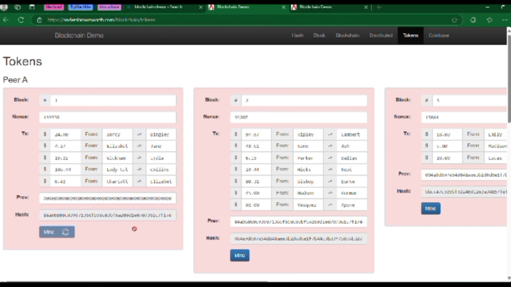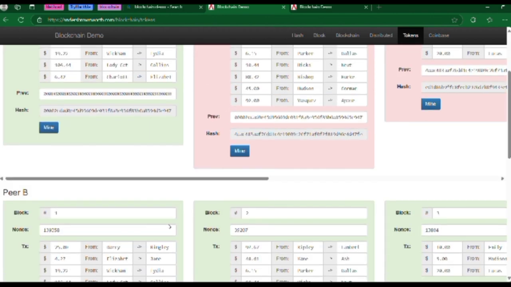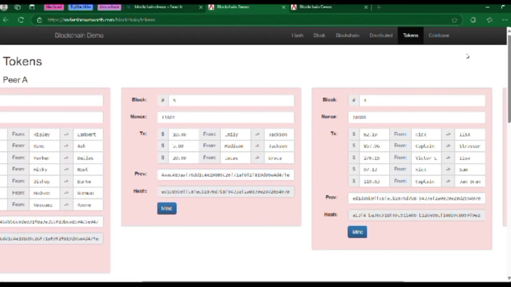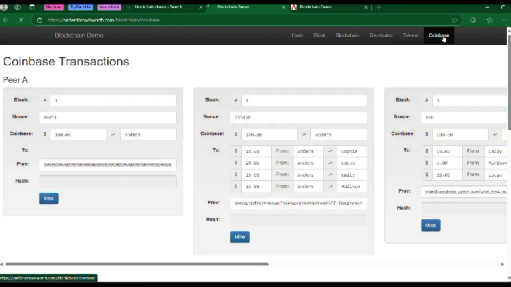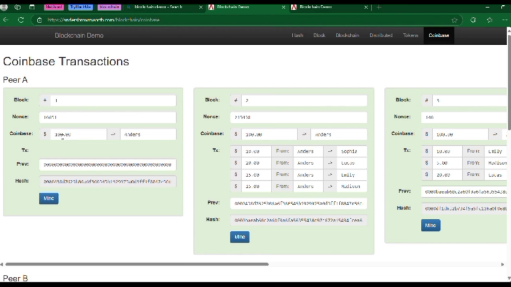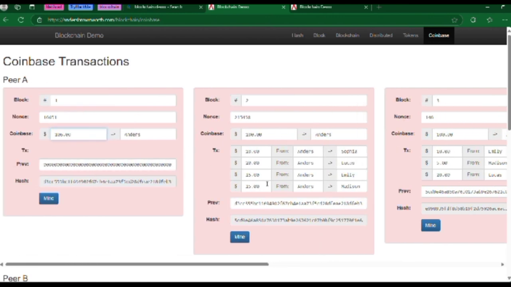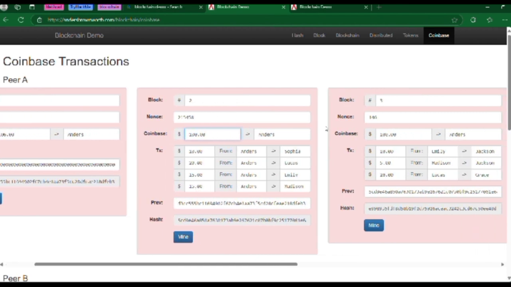Next one is the tokens. Tokens work similarly to the blockchain, but instead of altering the data, transactions are modified. For example, if a coin value changes from 100 to 106, it impacts the transaction, and both the coin and the TX value must be updated accordingly so that the transaction reflects the new value.